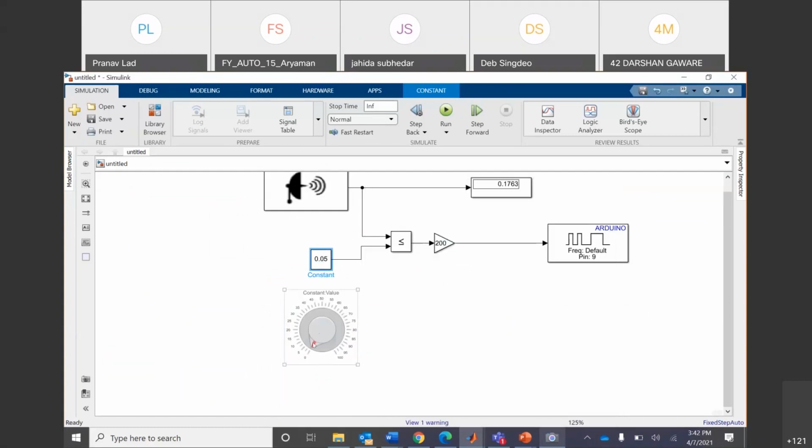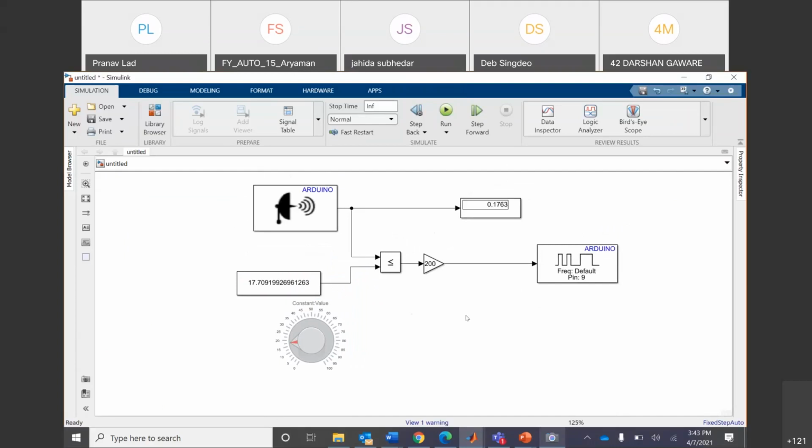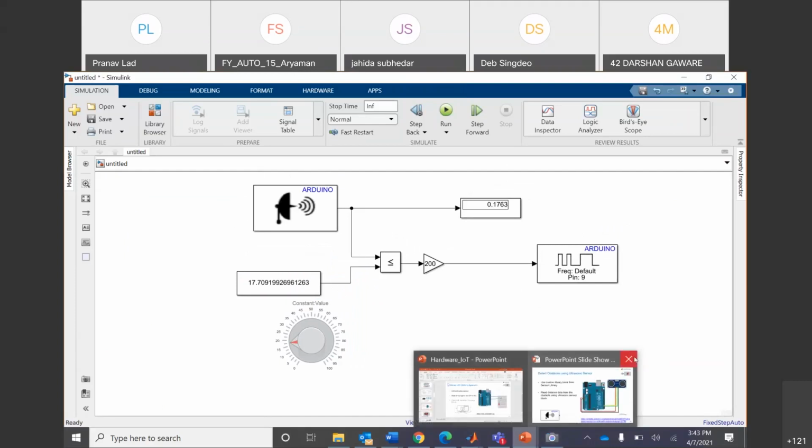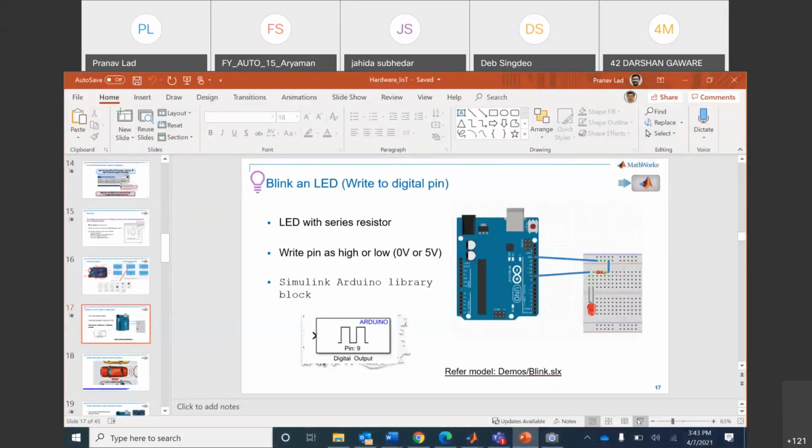Accordingly, if you change the knob over here, its value will change like this. Right, and then you can control it in whichever way you want. So these are simple starting points where you can start working with any of the sensors and building models. Any questions on this till now?